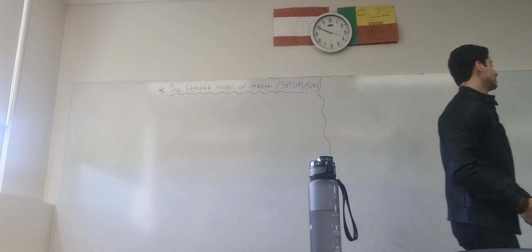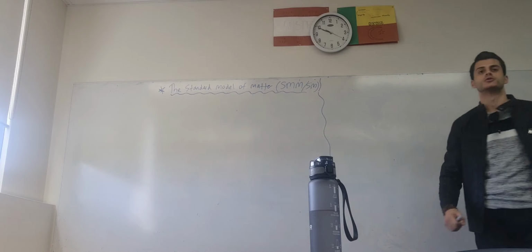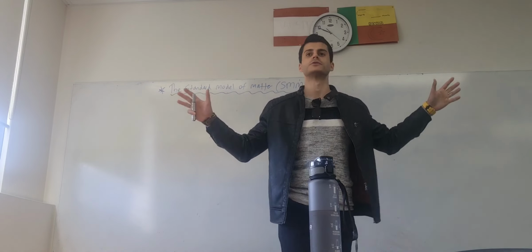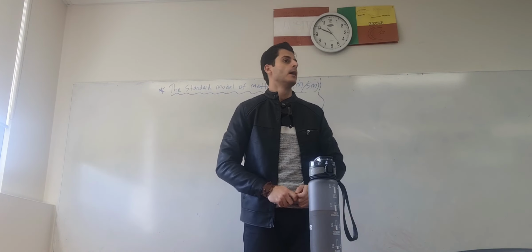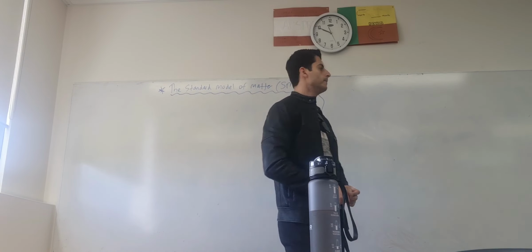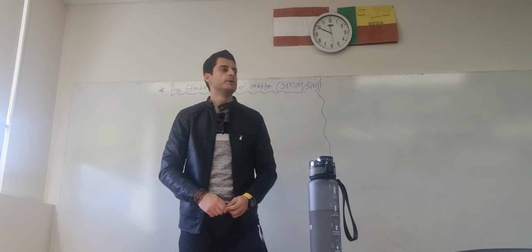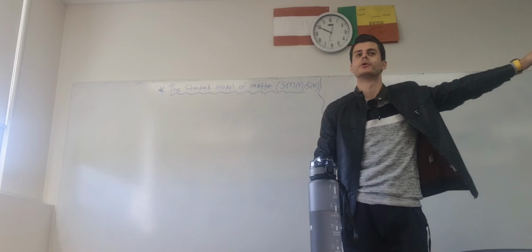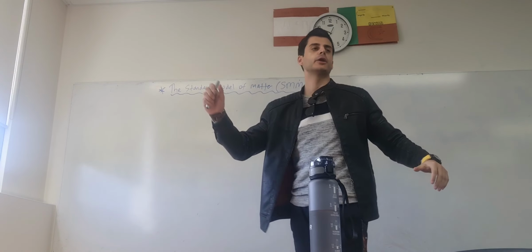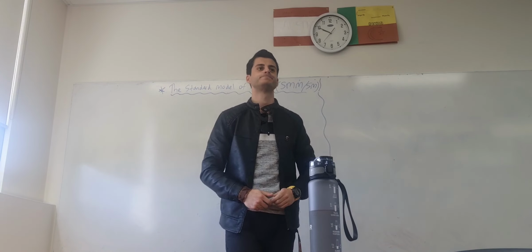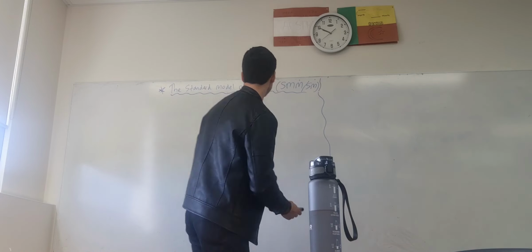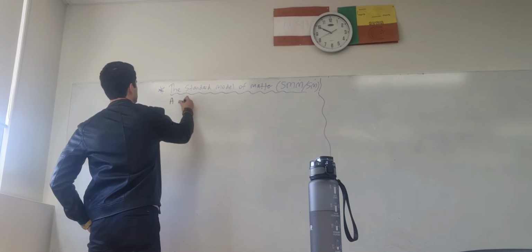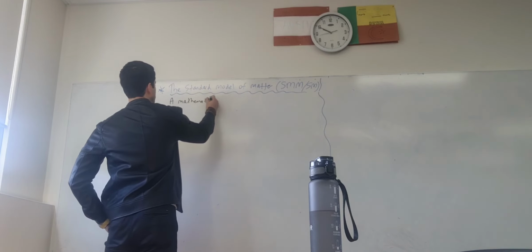Okay, so what is it? Well, it's basically a mathematical description of all the known particles in the universe, all the forces and the particles. The best way I can define it is like the periodic table of particle physics. Chemistry's got a periodic table of all the known elements. Particle physics, we've got a thing called the Standard Model. It's a mathematical construct, okay? Mathematical construct